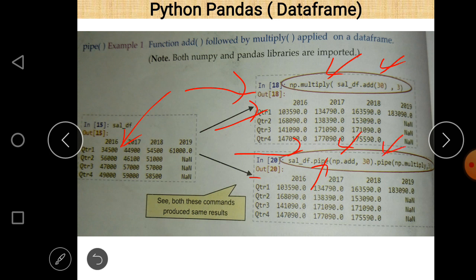So basically it is a simple method, using the pipe function we can easily guess what the output is and what the next output is when there is a chain of commands. Because when there are more than one commands, the output of the first command becomes the input of the second command. So that is the role of pipe here. Now I think it is clear to all of you.